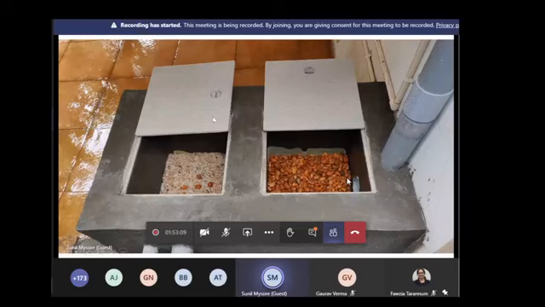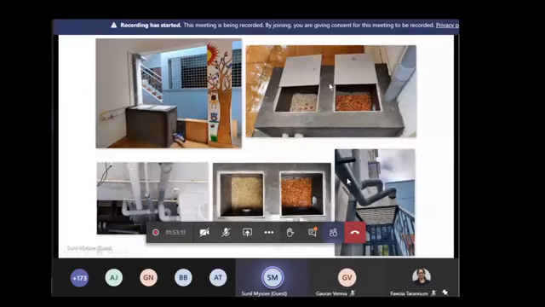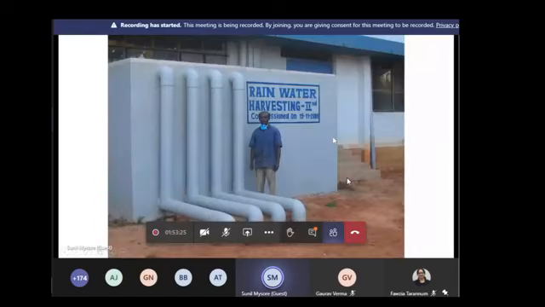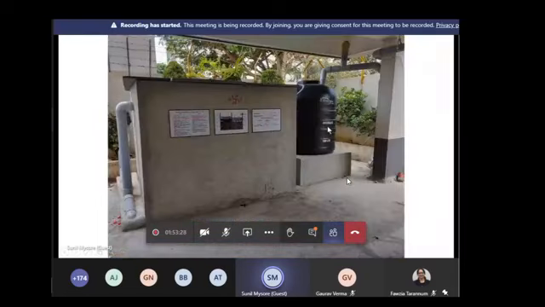This is a different arrangement: settling tank, filter. This is what the finished filter looks like. This is for backwash. If you open this valve, the water which is stored here gets backwashed and goes out. This is a typical, large catchment. This is another 2-chambered filter where you can see the design here.